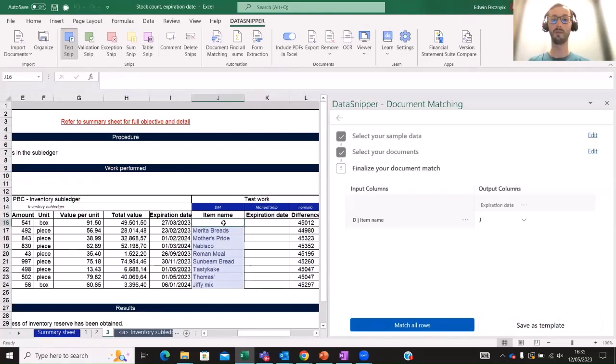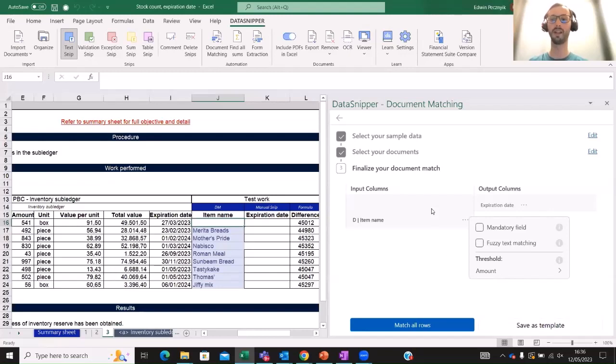Now it can happen that because of the handwritten text, DataSnipper is not able to read those texts correctly. So a few letters can be different. Now, in that case, we can apply a threshold on texts as well. We can do that by clicking on the three dots right next to the input attribute. And here we have several advanced options. We can set a threshold for amounts, but since we don't have an amount column, we don't need a threshold